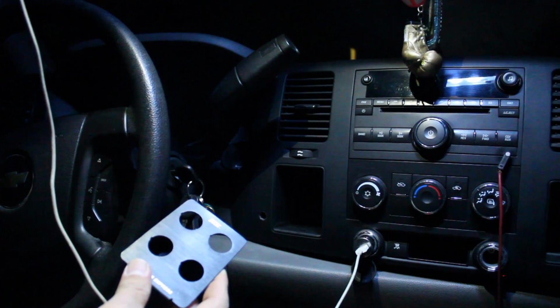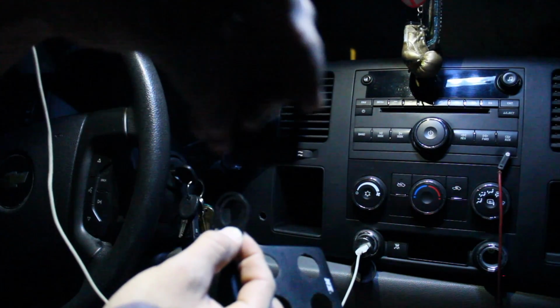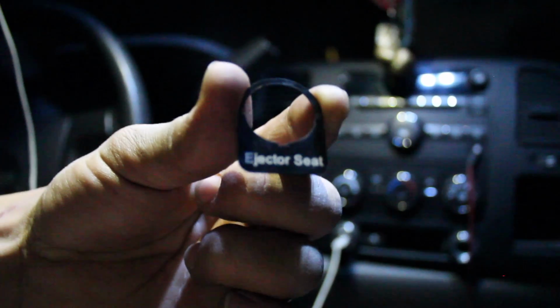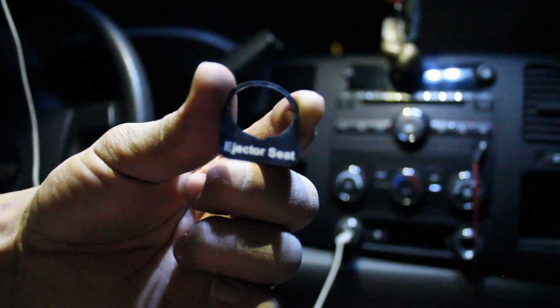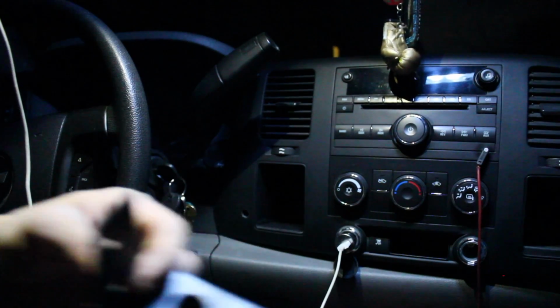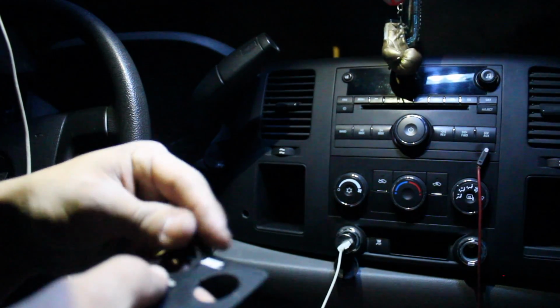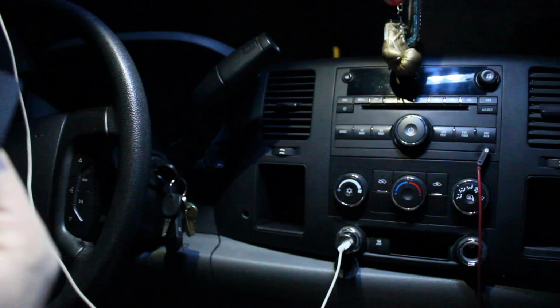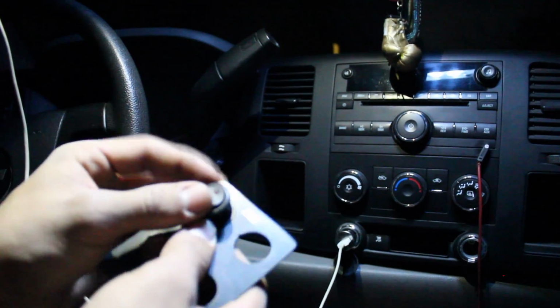So I'm just throwing to the side the ones. Look at this one. I don't know if y'all can read it. Ejector seat. That was pretty funny. But I'm not gonna use that one. Go baby go. I'm gonna use this one. This one's pretty funny. I think this is gonna be my nitrous arming switch, which is you want to